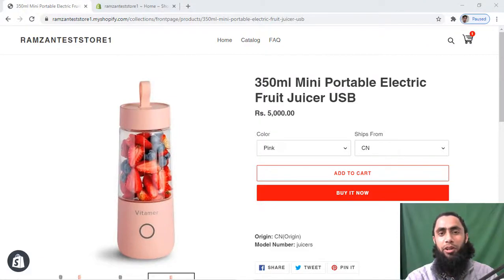What's up guys, in this video I'm going to show you how you can change the color of the add to cart button. So currently you can see on my screen that here we have the add to cart button. So if you are interested to change the color of this one, then I will be showing you step by step